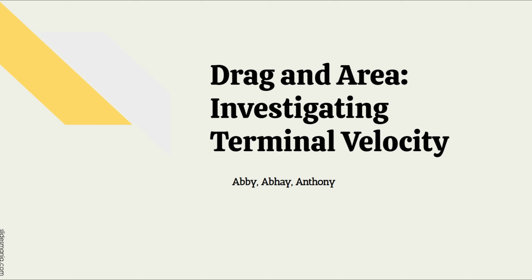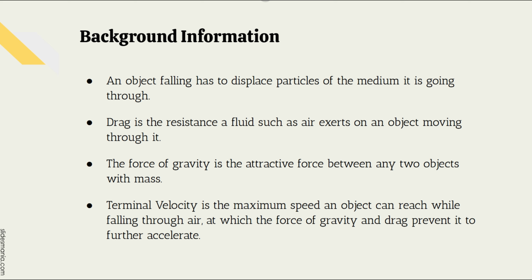This is our presentation on drag and area, investigating terminal velocity. An object falling has to displace particles in the medium that it's going through. Drag is the resistance a fluid such as air exerts on an object moving through it. The force of gravity is the attractive force between any two objects with mass, and the terminal velocity is the maximum speed an object can reach while falling through air, at which the force of gravity and drag prevent it